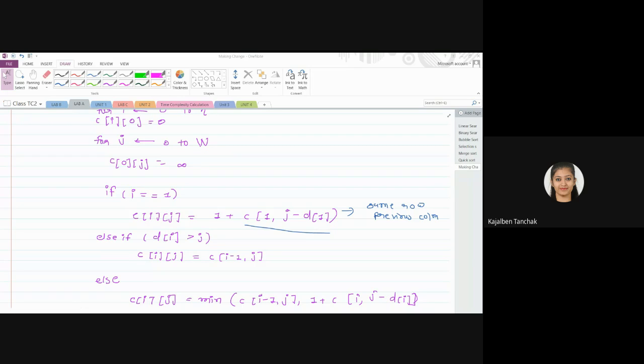Everyone completed the C program for finding the minimum number of coins? Or are you still doing it? If you are, then I'll give you 5 minutes more. Okay, try to complete it soon.